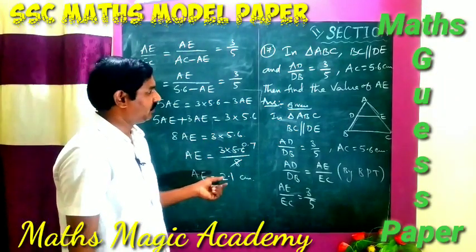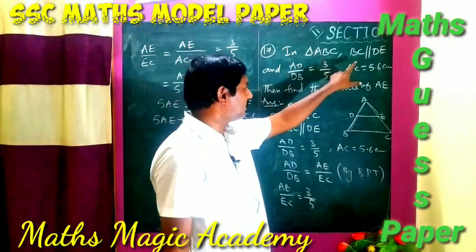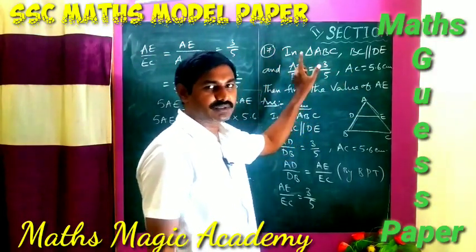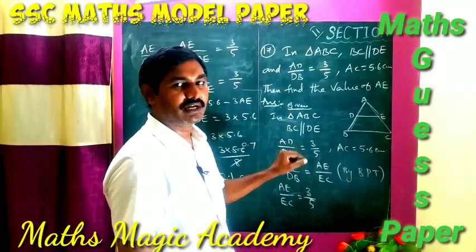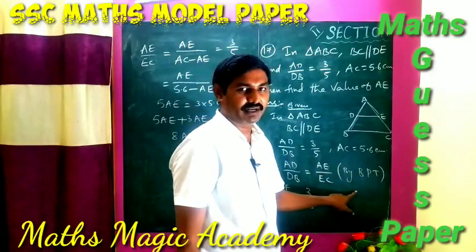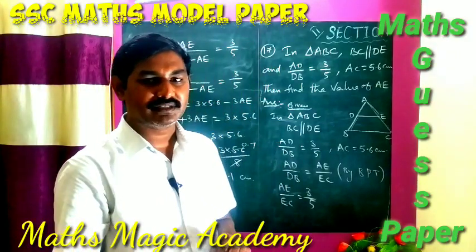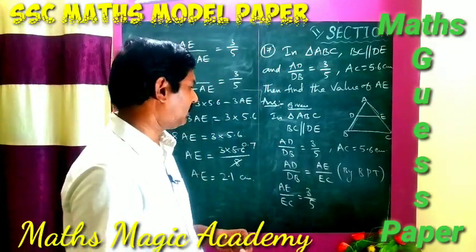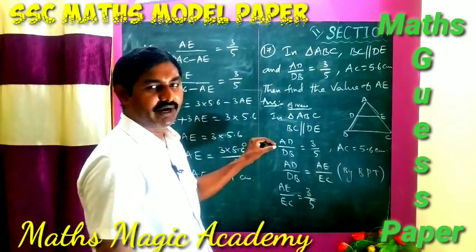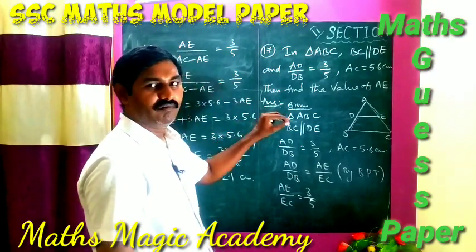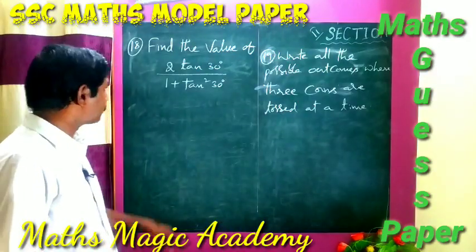centimeters. So if the question is given like this, in triangle ABC, BC is parallel to DE, or whatever question is given in the 8th chapter, definitely you have to check which theorem it belongs to: either BPT or converse of BPT, or based on similar triangles, or Pythagoras theorem or converse of Pythagoras theorem. Based on that theorem only we can solve the problem. So first you have to find which theorem the question belongs to, so that we can find the answer very easily.